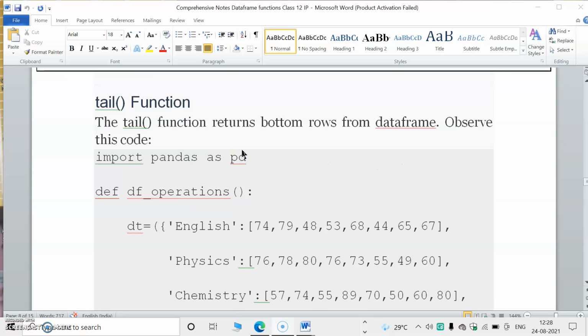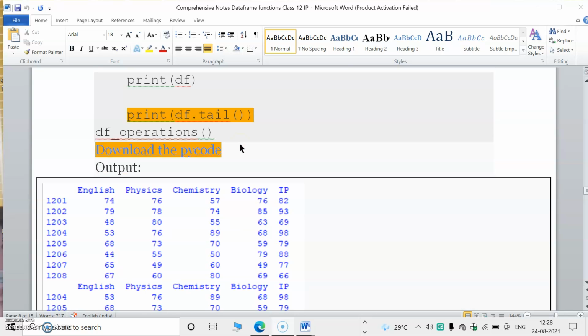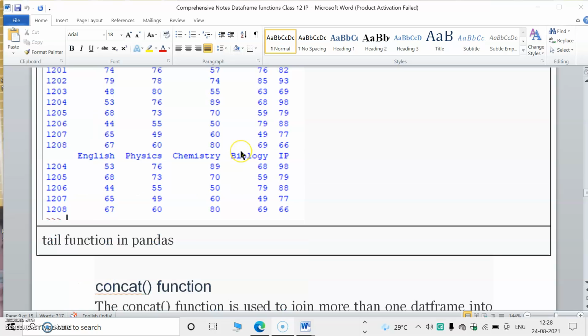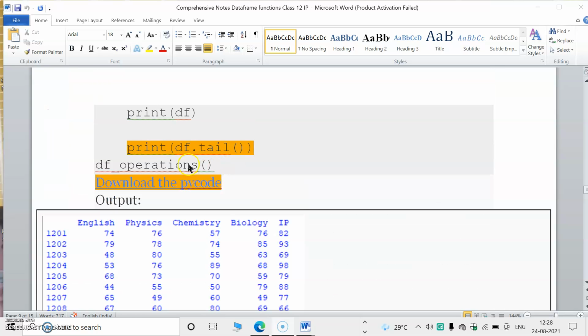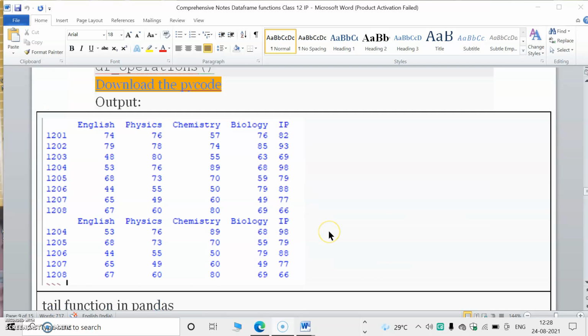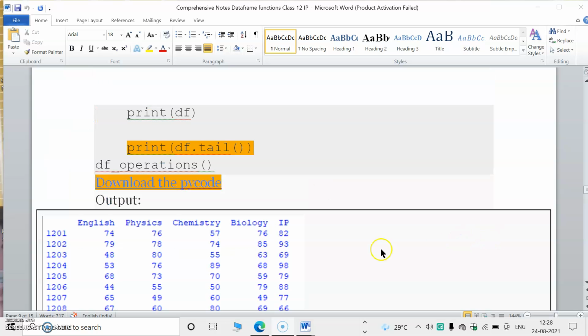And what is the tail function? As the name implies, it displays the bottom rows of the data frame. The syntax is df.tail. When we use df.tail, the bottom 5 rows are displayed by default.